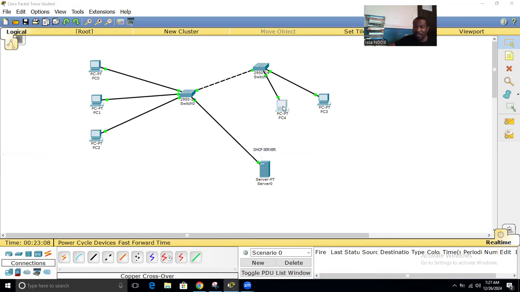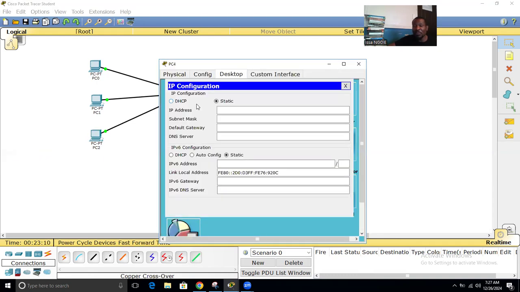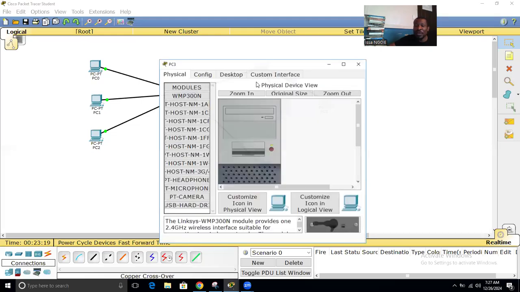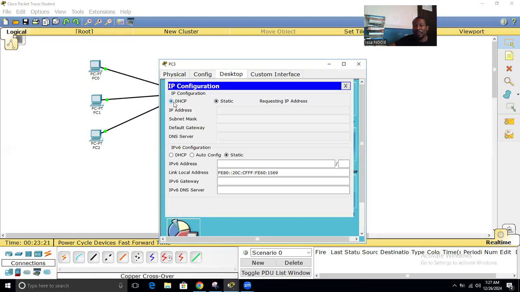And okay, now it's green. You go to every computer, you go to desktop, you go to IP, and you choose DHCP. You tell the computer, request your IP from your father. You see the IP is coming. You go here, you do the same, right? Okay,